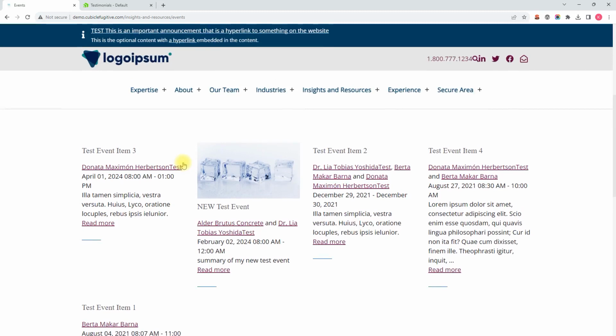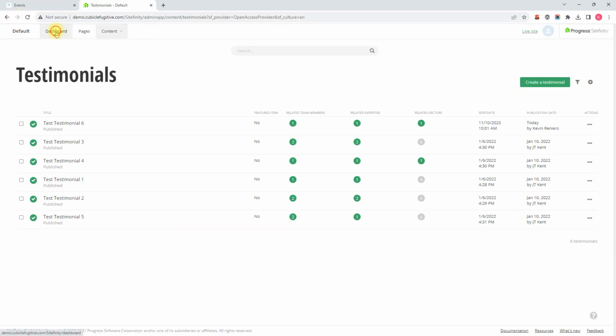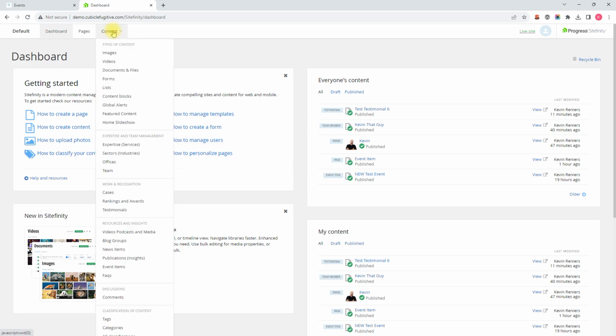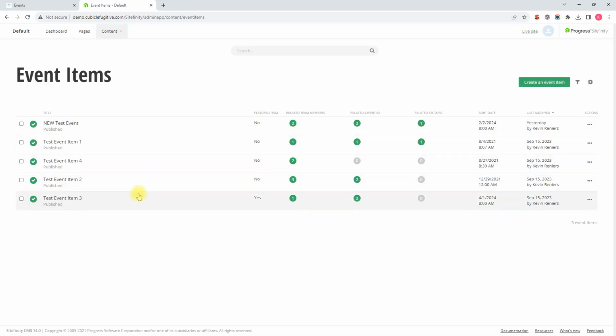So let's go into the Sitefinity backend of our demo site here. Sorry, I'll just go to the dashboard first. And to access events from the dashboard, we'll want to look under Content, and then Event Items are under Resources and Insights. So let's click on that, and that'll open up the list of pre-existing event items within our demo